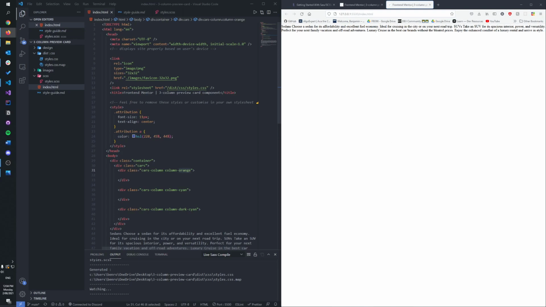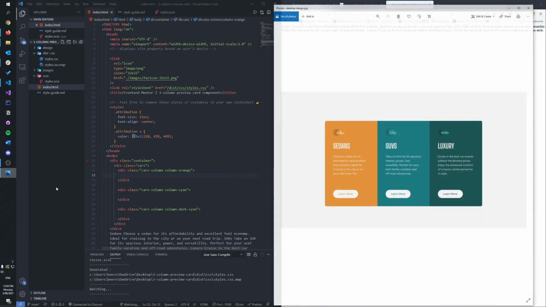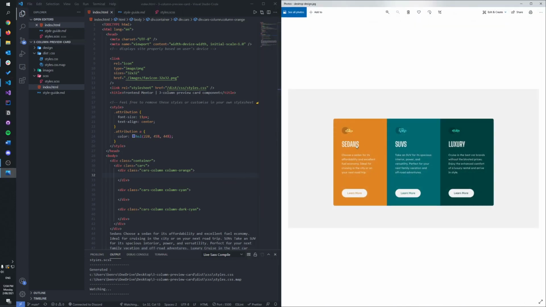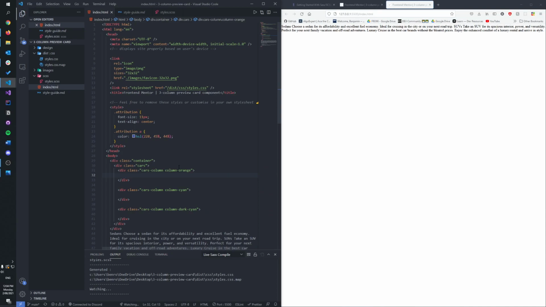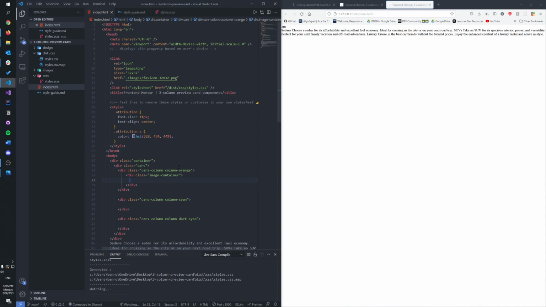Now, within this column, we are going to start setting it up. So, let's just refer back to that image. So we've got a little icon. We've got what looks like a H2, some paragraph text, and a button for each. So we're going to have that icon set up first. So we're going to wrap the icon in an image container, just so we can manage the size of the icon a bit better. So image container,